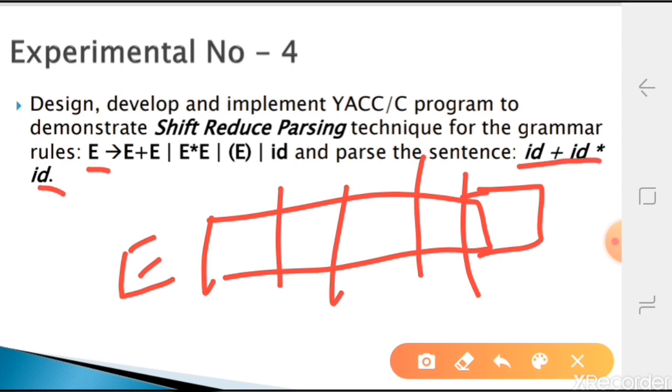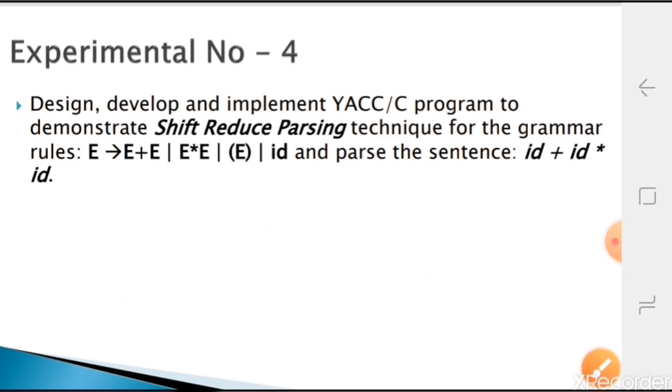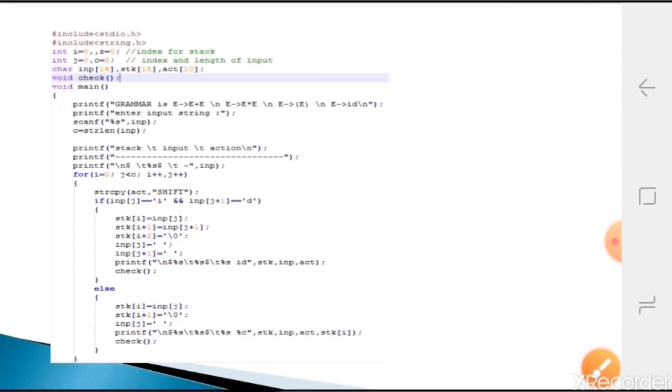We will not create this table because we have only one non-terminal.